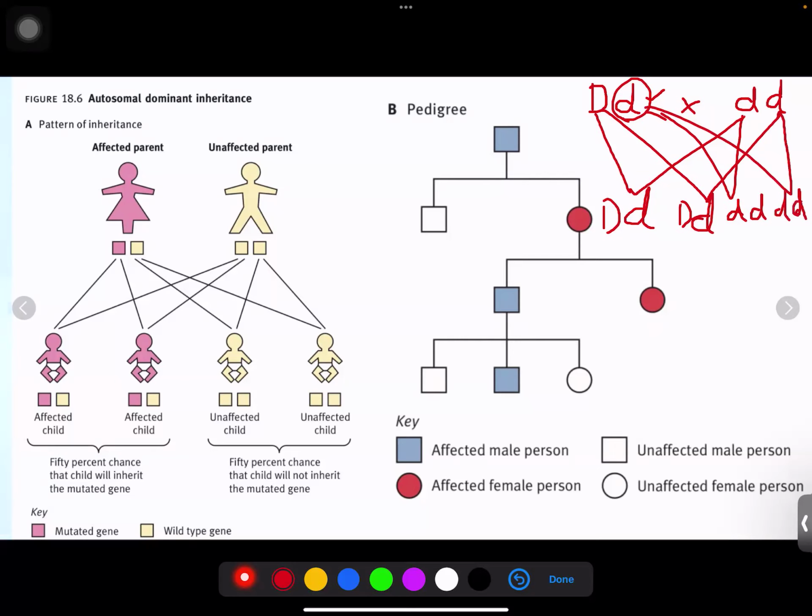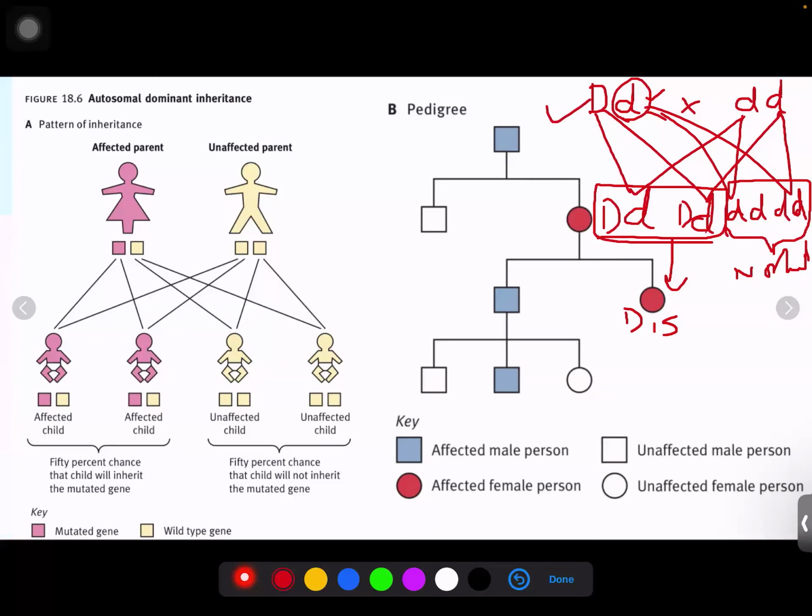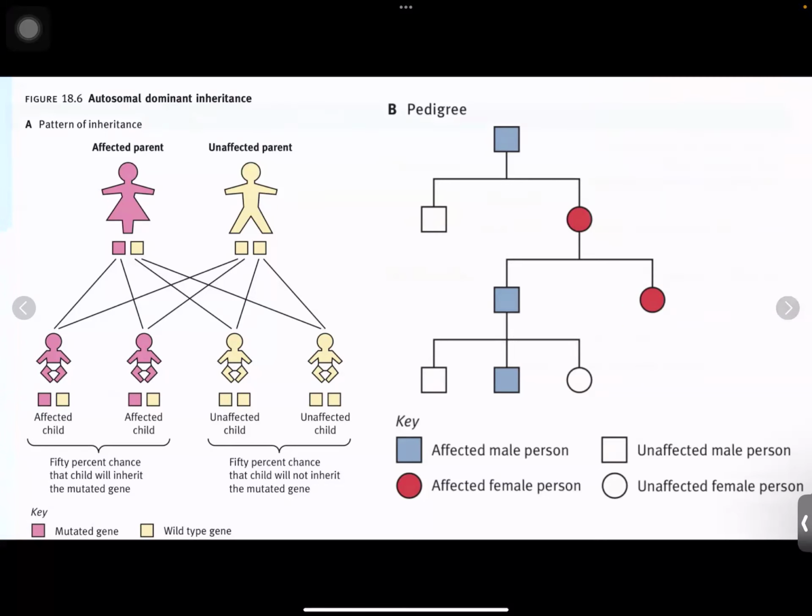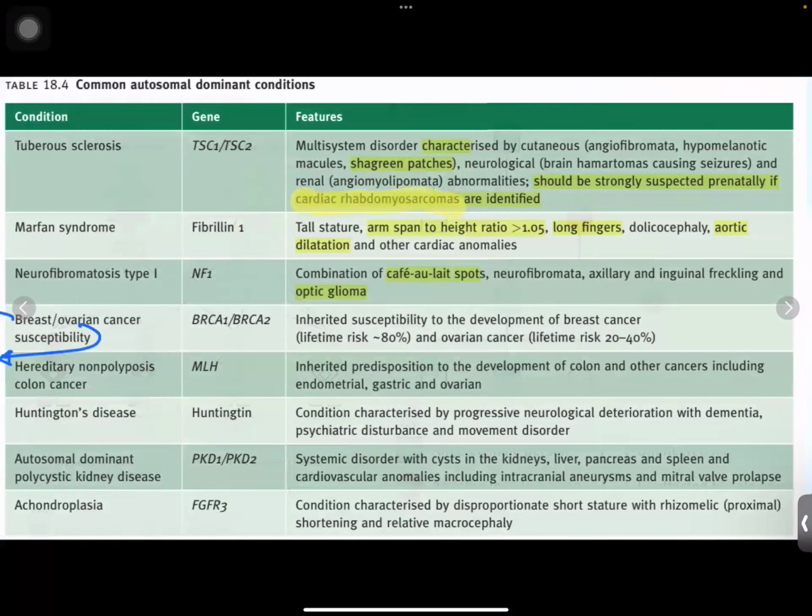So what you have seen here is that these small ones are normal. These are absolutely normal. And this capital D ones are diseased, affected. So there are two possibilities. If one parent is affected and the other parent is normal, what is the possible outcome? See, 50% chances that the children will be diseased and 50% chances,